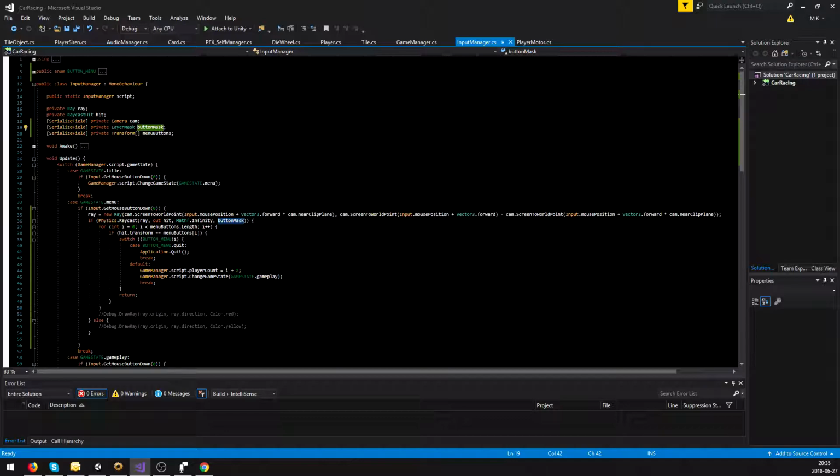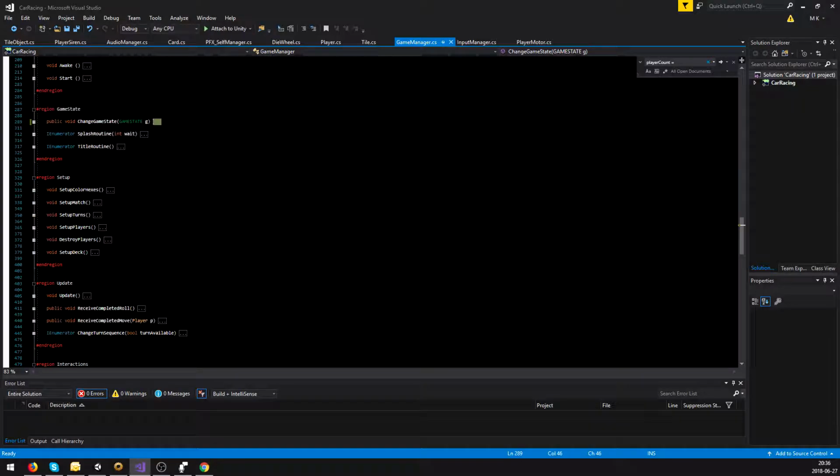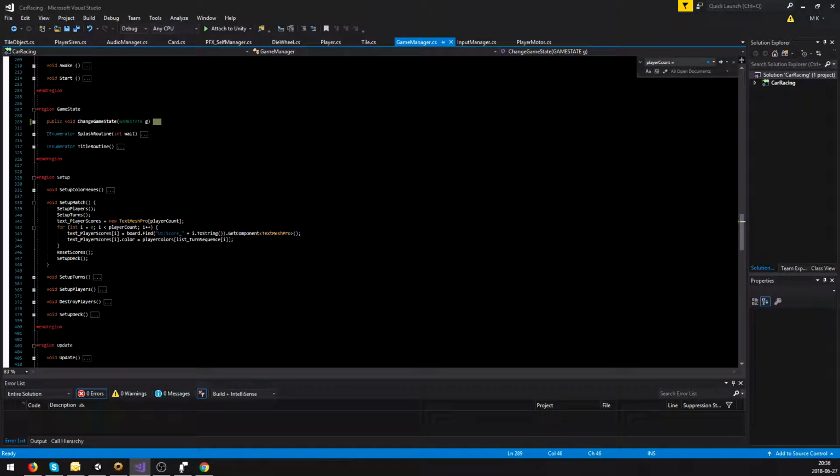The game manager is going to have to know what to do at the beginning, at setup match. So here's what we're going to do: we're going to reset the text player scores. There they are, you see? And here we're saying new text mesh player count, etc. That's not ideal because the player scores, it should already know what they are. So we're actually going to change the way this works a little bit. Okay, so this text player scores, we're not going to make it based on player count. We're going to make it based on those